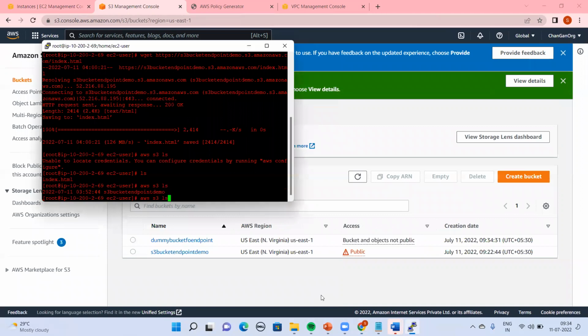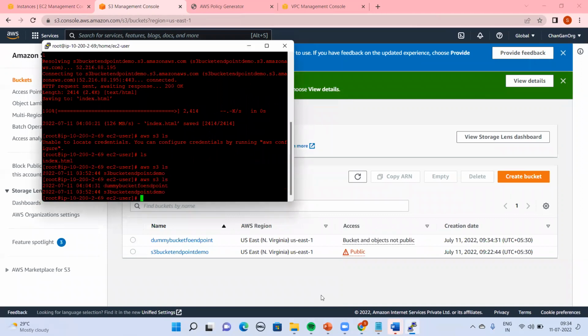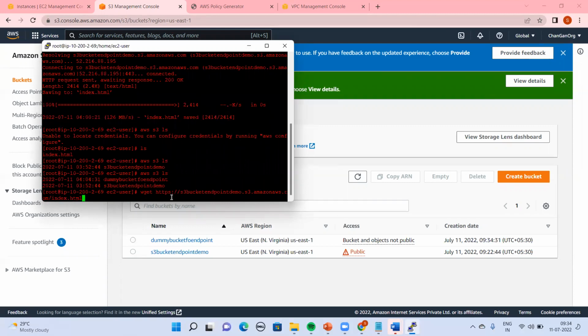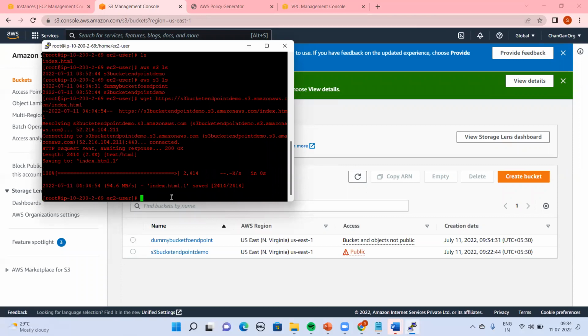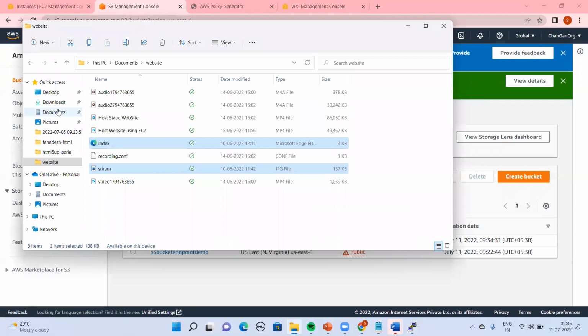Okay, now we'll see here too, right? Just now, whatever you created, the dummy bucket for the S3 bucket endpoint. Now you are here and you are able to download. See, we're able to download that as well. You're able to download from the S3 bucket, and you are able to list all the buckets. Now, one more thing, if you wanted to see that